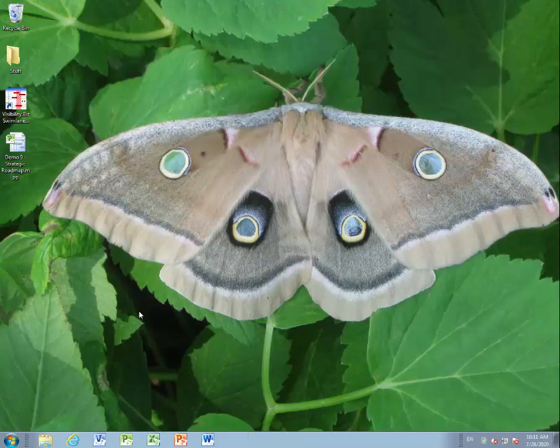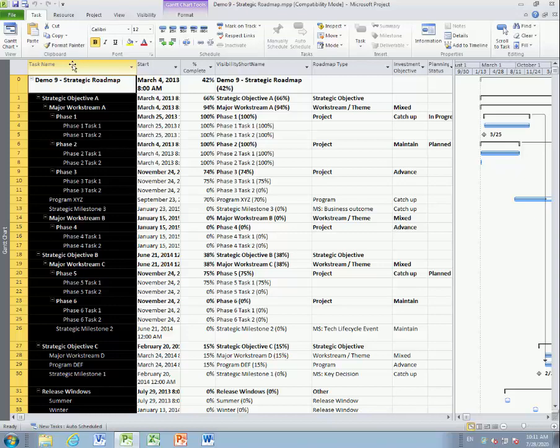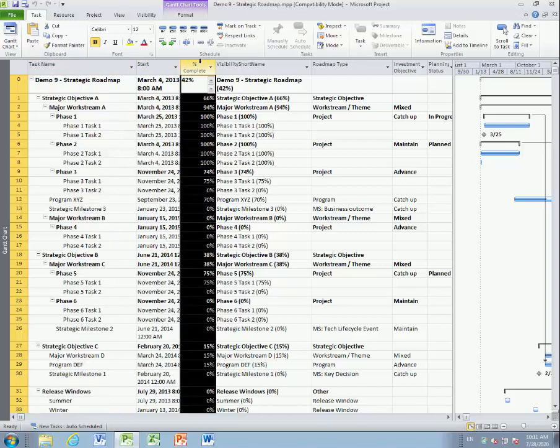All right, now that we know what the environment is that we're going to be working in, let's open up a project file. So here's just a standard project file. It's got the normal fields like task name and start and percent complete. But you'll also see that there are some other custom task fields, for example, roadmap type or investment objective or planning